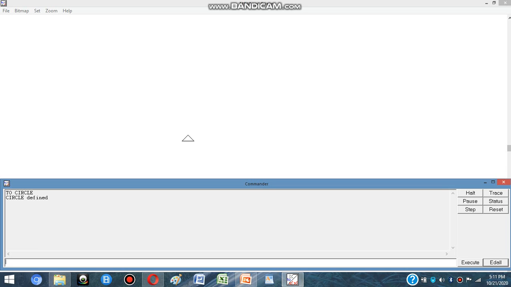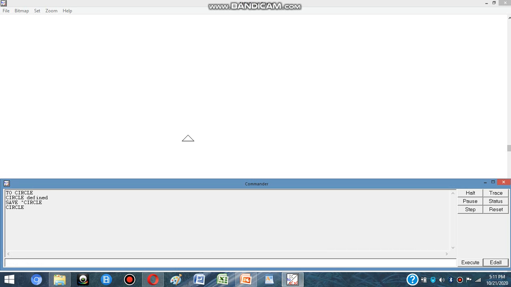Now next is saving a procedure. To save a procedure, I will give the command SAVE, space, double quotes and my procedure name, that is circle, and enter. So it is showing me that circle is saved.